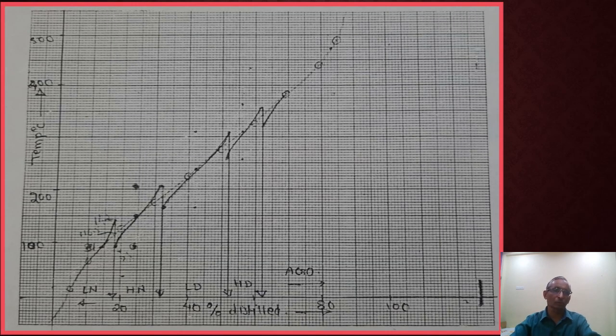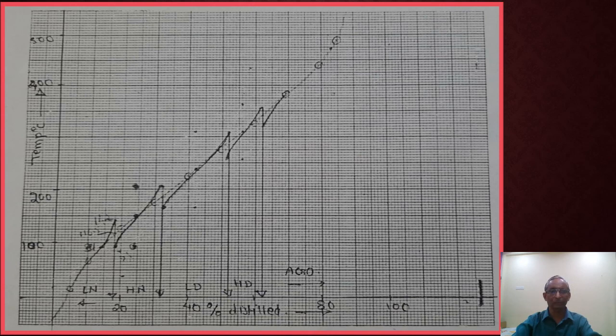So this plot you have to draw. On the y-axis you have the temperature, that is the TBP temperature, because this is a TBP plot you have to draw. On the TBP plot, how much percentage yield you are going to obtain, you are going to read off. There is no need to convert to EFV. We require evaporation temperature for the distillation data. Here we are identifying the yield percentage in the laboratory, by sitting in the laboratory and performing only the ASTM TBP experiment, before going to the refinery. How much percentage approximately you are going to get when your column operates, that data you are going to get in the laboratory, from this particular curve.